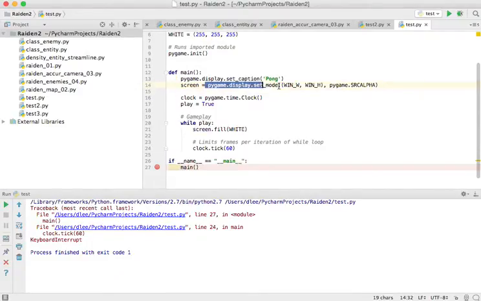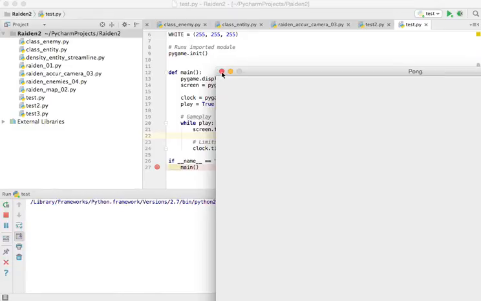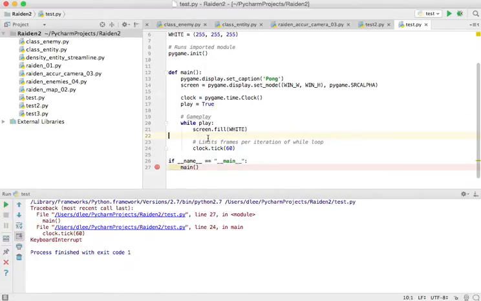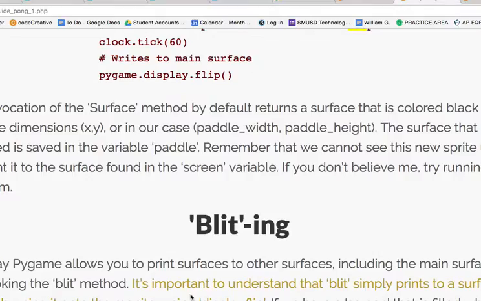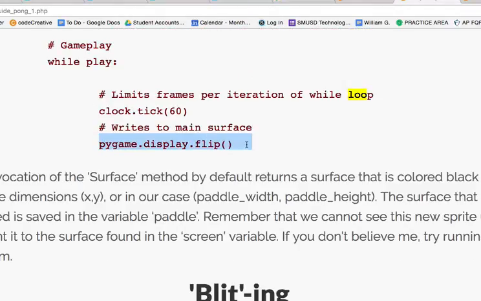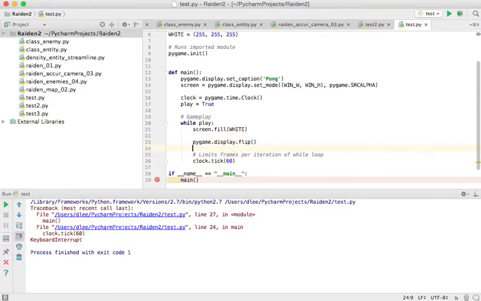All right. So we give it a certain height and a width. That's the size of our screen. Here we're filling it white, right? So we're like putting a white paper on top of the transparency that's on top of the projector. And so when we run this, nothing is happening because we haven't turned the projector on yet, right? And the way that you turn the projector on is you do this function right here, pygame.display.flip. So I'm going to put that right here, and what that does is it turns the projector on once